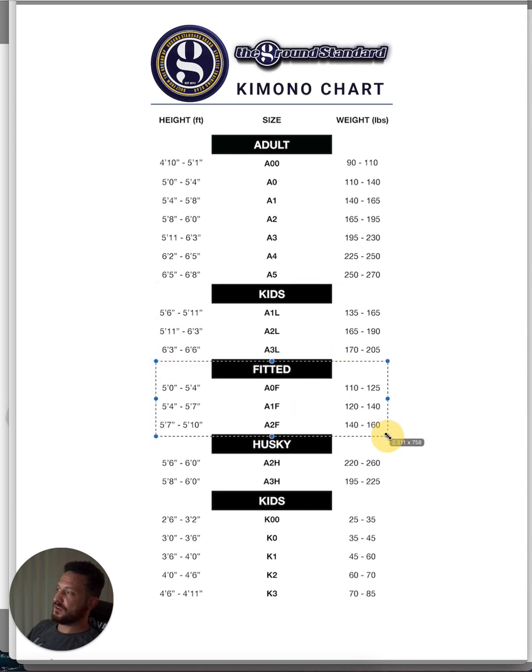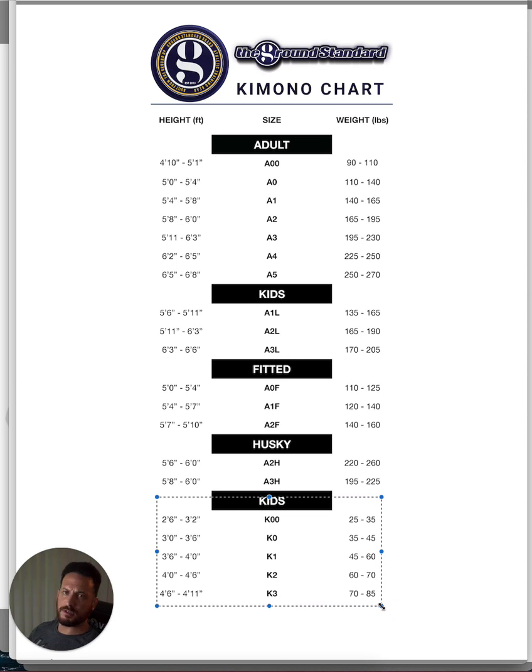And then we have some fitted sizes. It just means a little bit tighter of a fit than the normal adult sizes. And then Husky is a little bit wider, as L would be a little bit longer. And then we have our kids sizes as well. Kids do not use drawstrings. They have elastic waistbands. And we always suggest to any gym owners to not really offer these